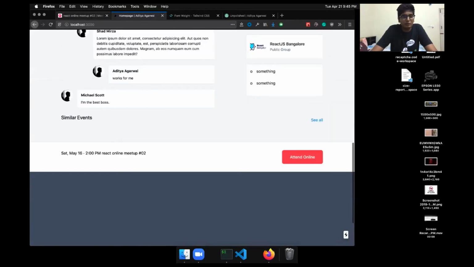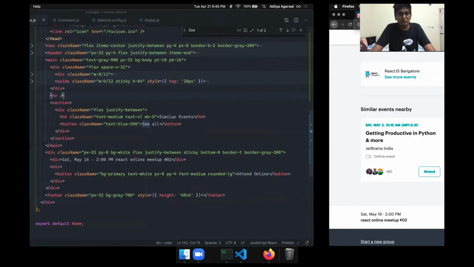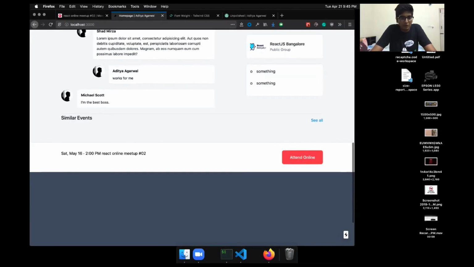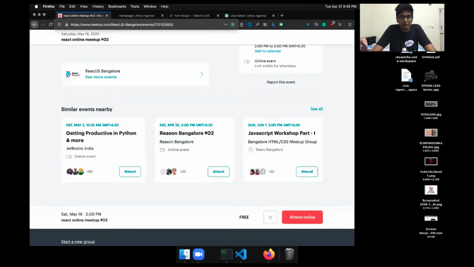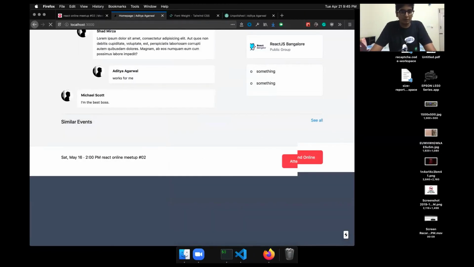Cool. We want a divider here, so let's do an HR. Okay, we got a thin line, and we need to get some margin. So class name MB4 should be much bigger, so MB8.